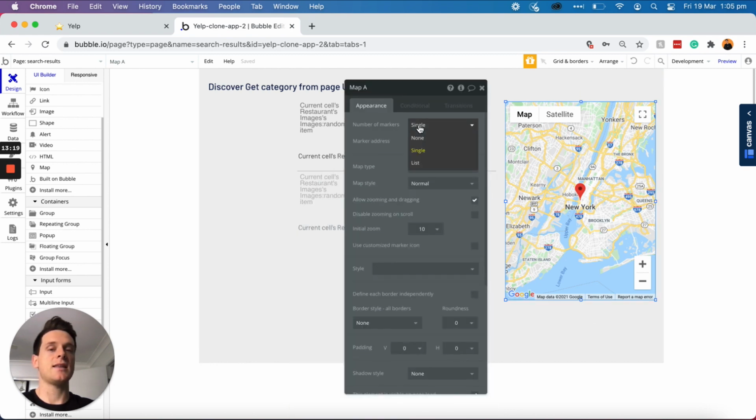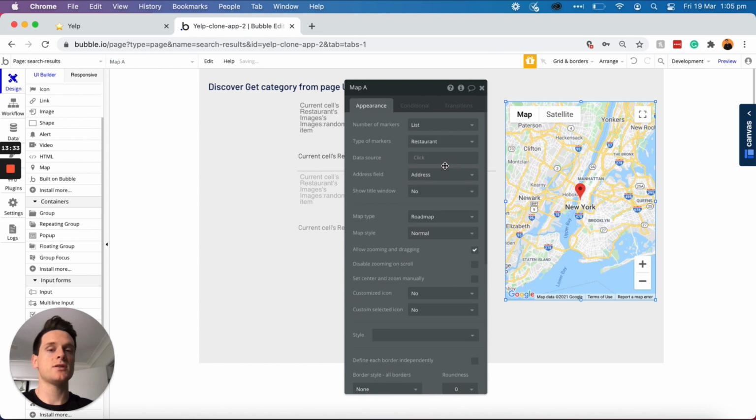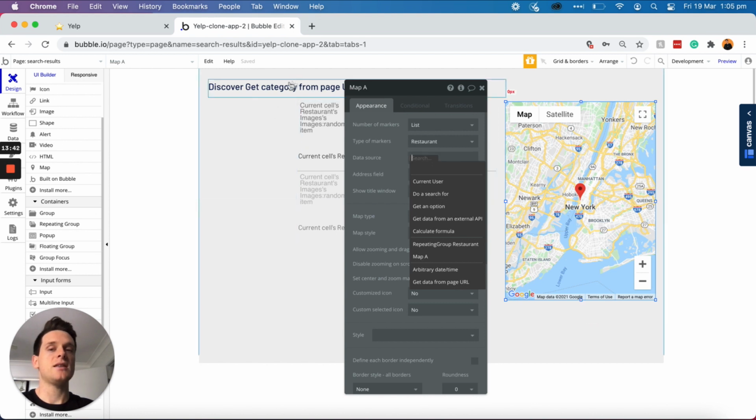And in this case, I'd like to display a list of markers because I'd like to show where all of the restaurants are that meet the search parameters here. And then I would like to update the type of markers to be a restaurant. And I'll need to add a data source to this to only display the restaurants that meet the user's search